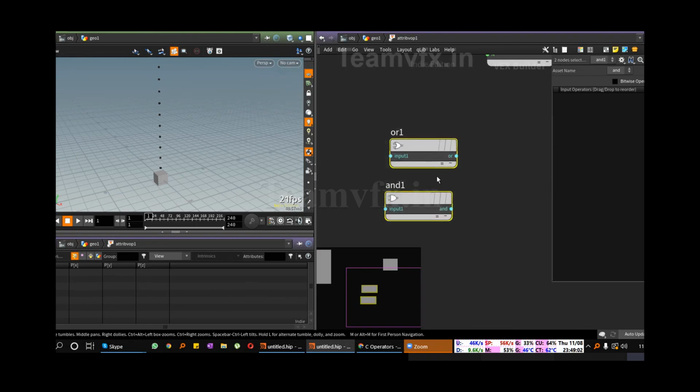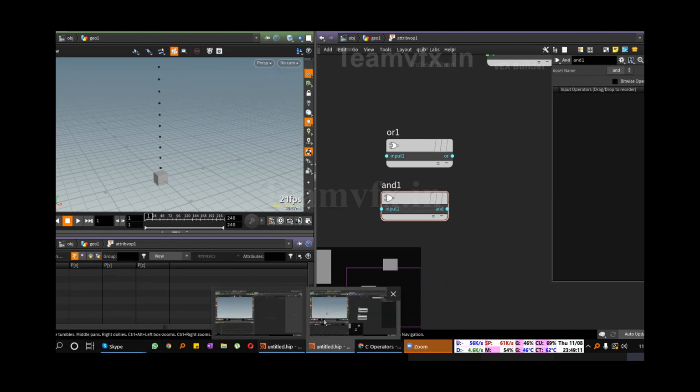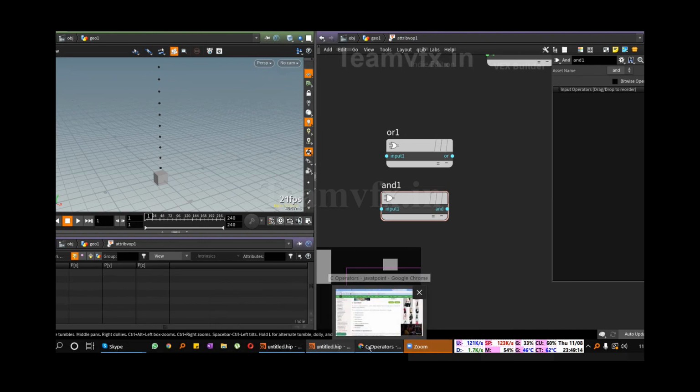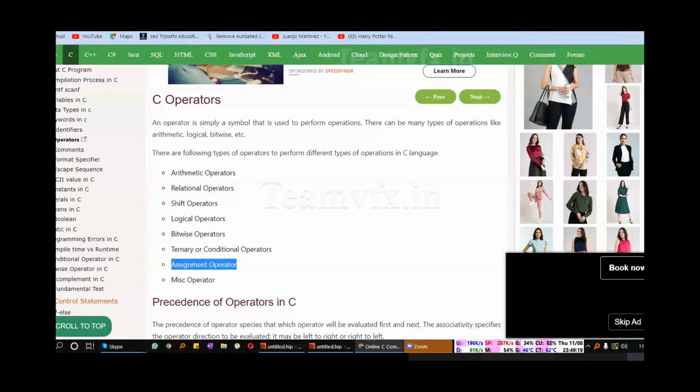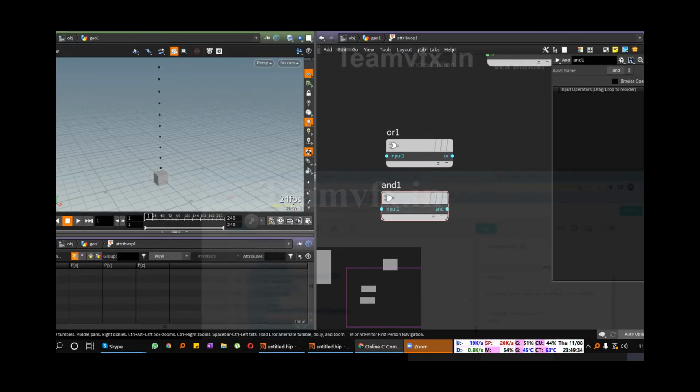Try to utilize this the same way we have utilized the code. So your task for this week is to create the same setup in the Vex, sorry, in the wrap. If I write this code in the Vex without the main function, and the Vex means in the wrangle,